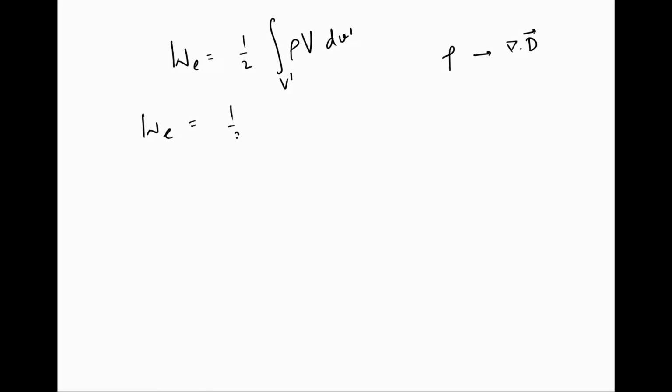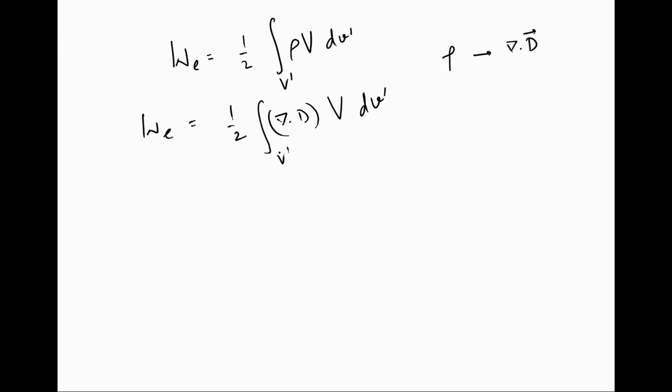In this lecture, we will derive an expression to find the energy density in an electrostatic field. So you've seen that the energy stored in a given configuration of charge is given as the integral of rho times the potential V dV' over volume V'. Now this rho is the free charge, and by Gauss law it is equal to del dot D. So I will put it as W is equal to half of the integral of del dot D times V, the potential, dV'